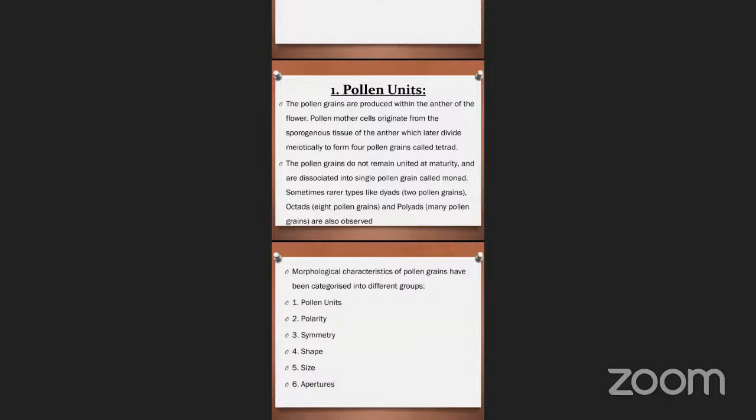In acacia pollen, a total of 16 pollen grains are attached. That is called polyad condition. So based on pollen unit, we can classify the pollen grains into monad, dyad and polyad. So that is number one. And